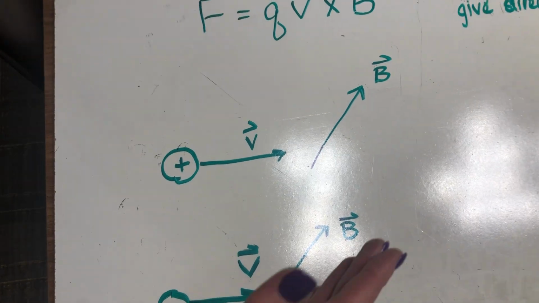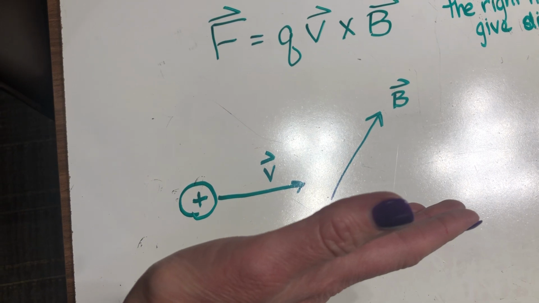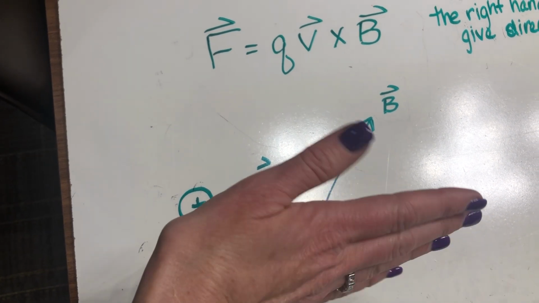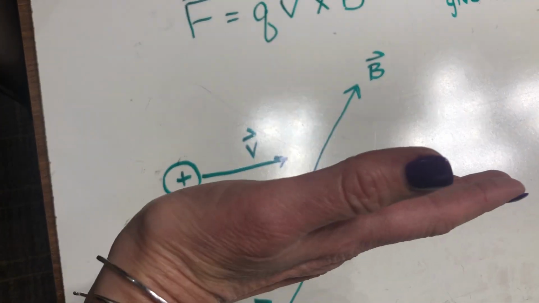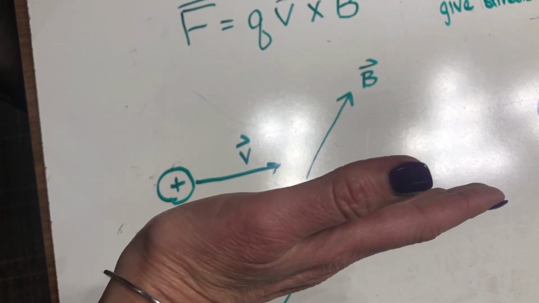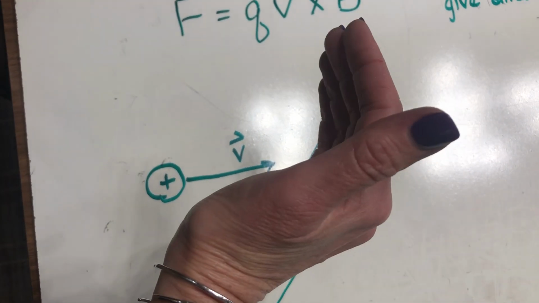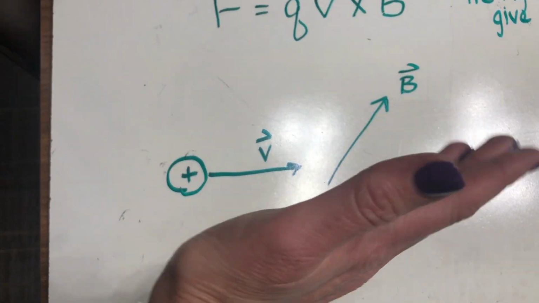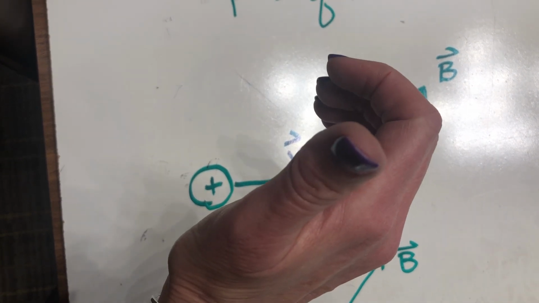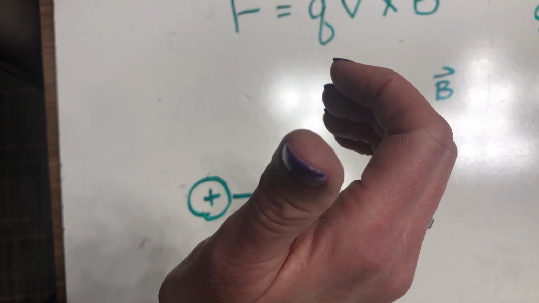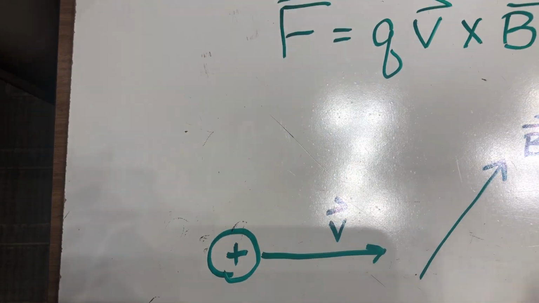So the way that I find V cross B is I take my hand and I lay it along the direction of the velocity. Keep in mind that sometimes I might have to rotate my hand to do the curl part. But right now, if I lay my hand along the direction of the velocity, I want to curl my fingers in the direction of the next vector, which is the magnetic field vector. So I'm laying my hand like this, curling my fingers like this. And the way your thumb naturally points, which if you notice is pointing at me, is the direction of V cross B. And so I'm going to write that on this board,